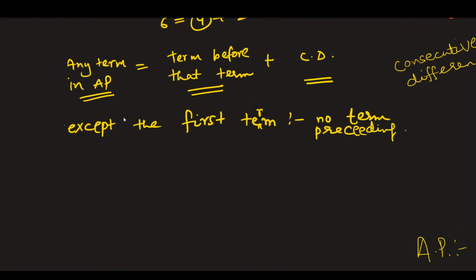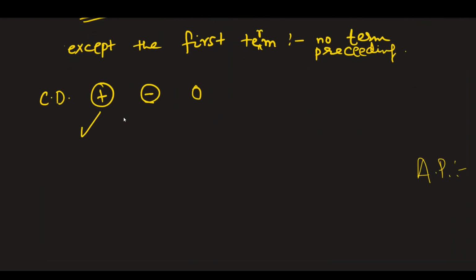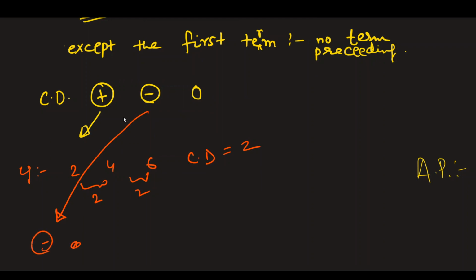Okay. And they are saying that this common difference can be positive, negative, or even 0. We have seen the positive case, when the example was 2, 4, 6. The difference is 2 here, 2 here. So its common difference is 2. The negative case can be understood by this example: 0, -2, -4 and -6. So this is -2 minus 0, it is -2. Then this difference is -4 minus -2, that is again -2. So its common difference is -2.